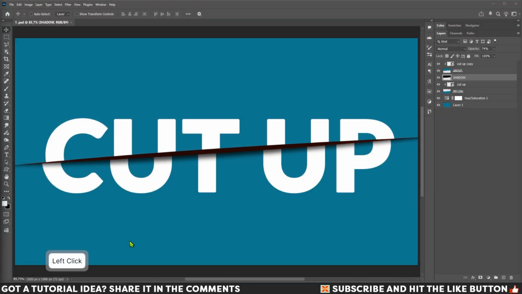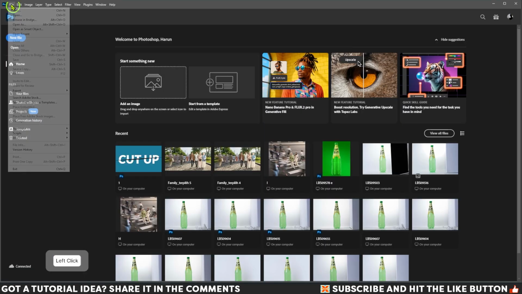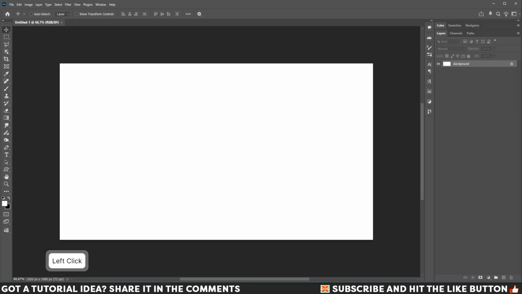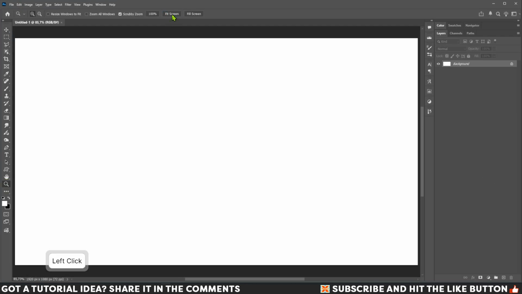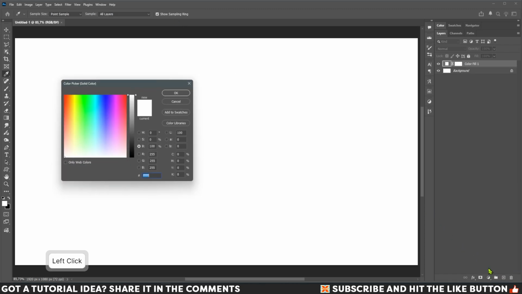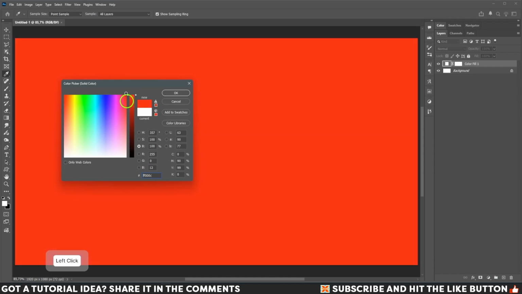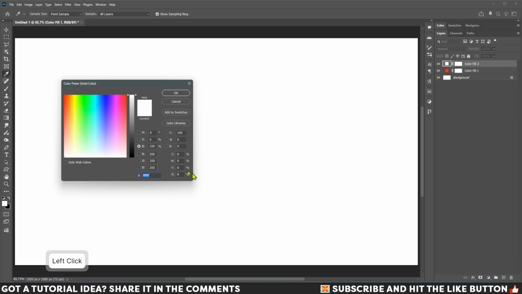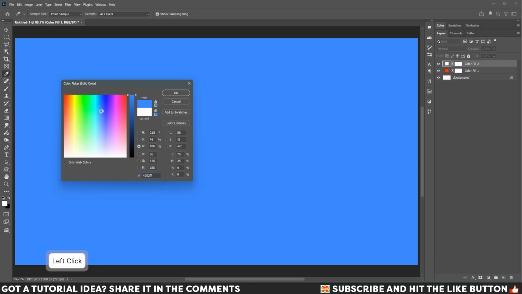Hello guys, today I will show you how to make this text slash effect. First, make a new page, the size whatever you want, and then make a solid color layer. I use red, and then make another solid color layer. I use blue,